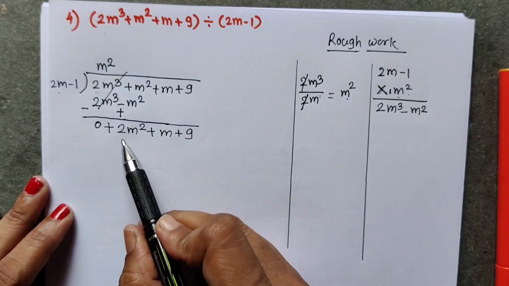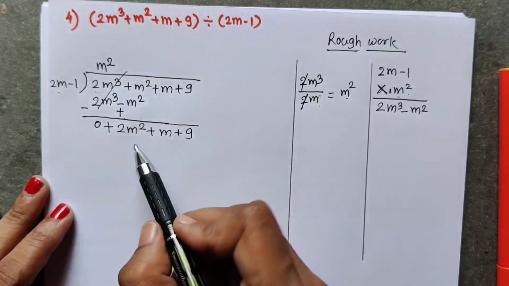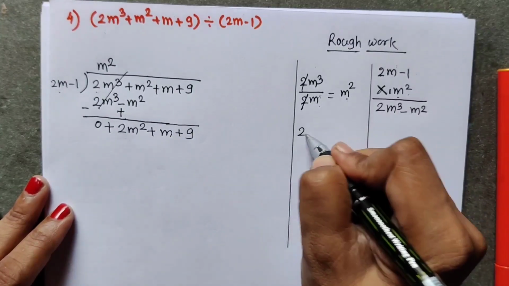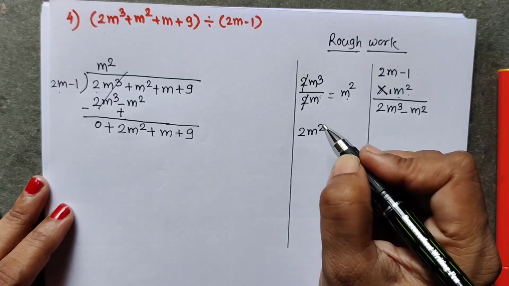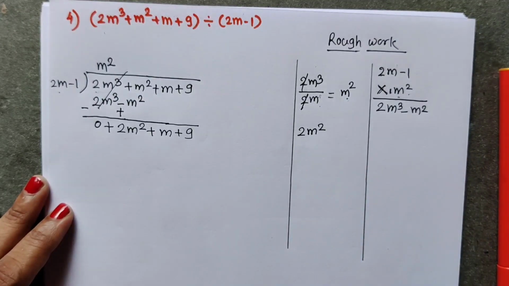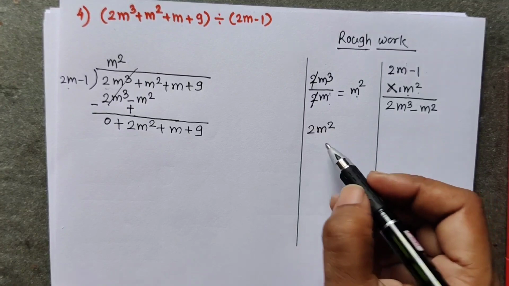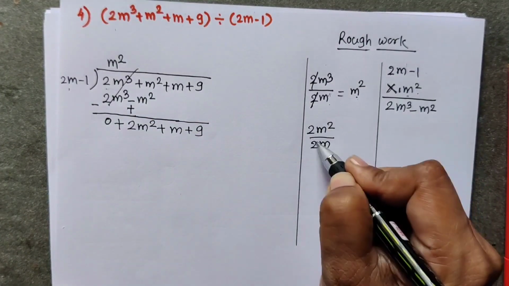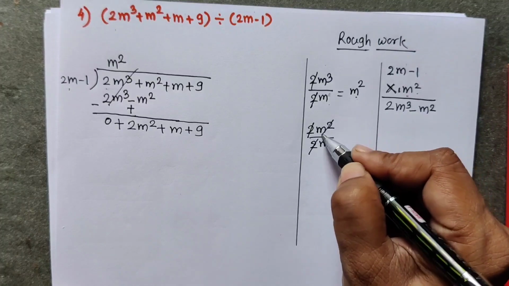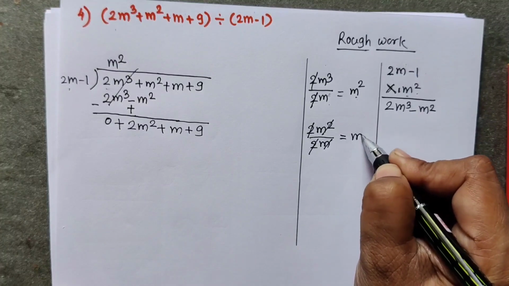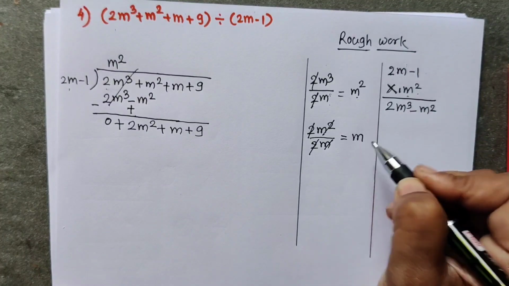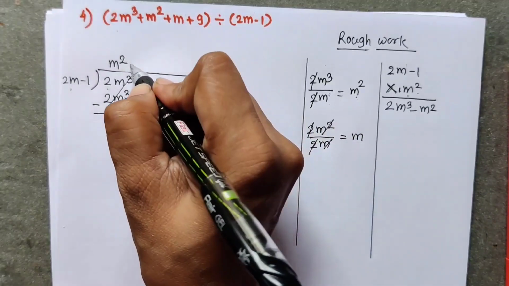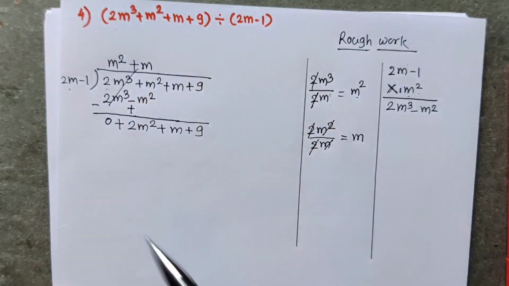Now let us find out what we have to write in the quotient. So first term in the second step now, 2m square. 2m square divide by what? 2m square divide by this first term 2m. Again 2 cancelled. M square cancelled by m. Only m is remaining. So this m I am going to write here. No sign is there means always plus sign is there. So here in the quotient write down plus m.